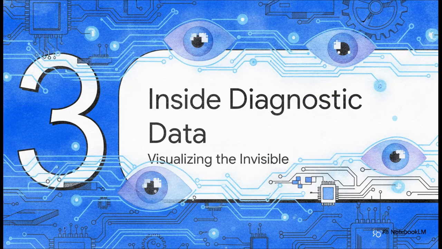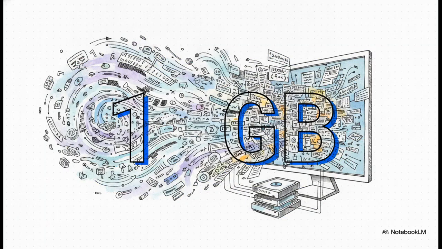All right, Section 3, Inside the Diagnostic Data. Let's visualize the invisible. Okay, so Microsoft actually offers a tool in the store called the Diagnostic Data Viewer. It's supposed to translate the raw JSON files being sent from your PC into readable events. But get this, it's wild. Just to turn this viewer on and log the sheer volume of events being recorded on your system, it requires a staggering 1 gigabyte of disk space. I mean, the background chatter is literally so dense that simply looking at your own logs eats up significant system